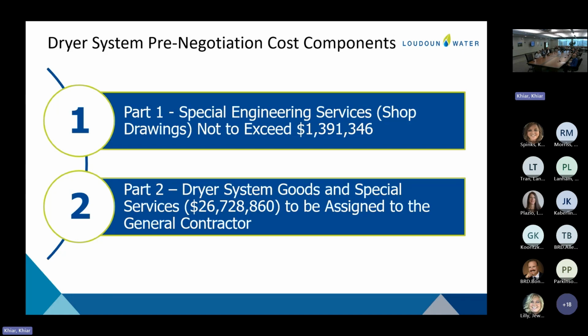It's also comparable to recent projects that Andritz has done in the US. And so the 1.4 million is buying that cohesive, well-developed design